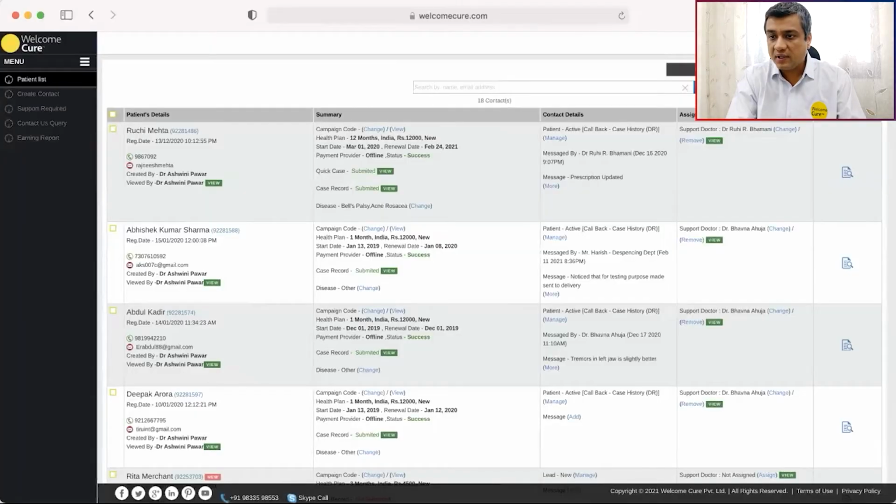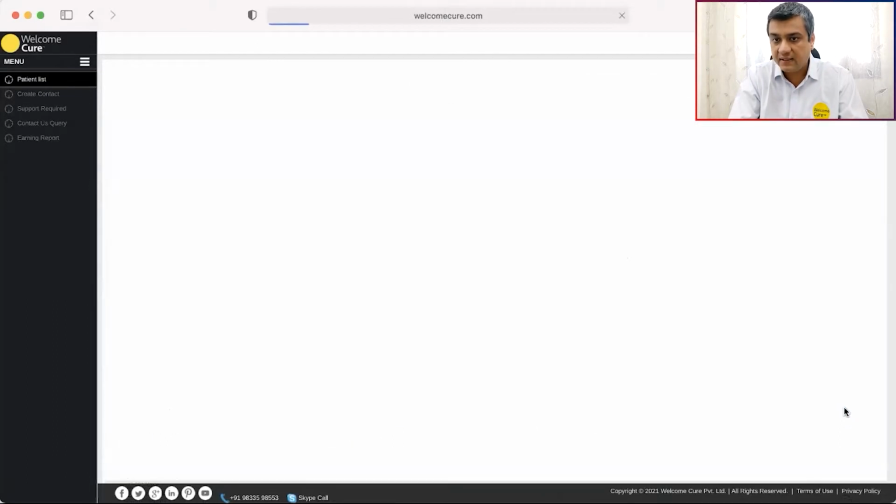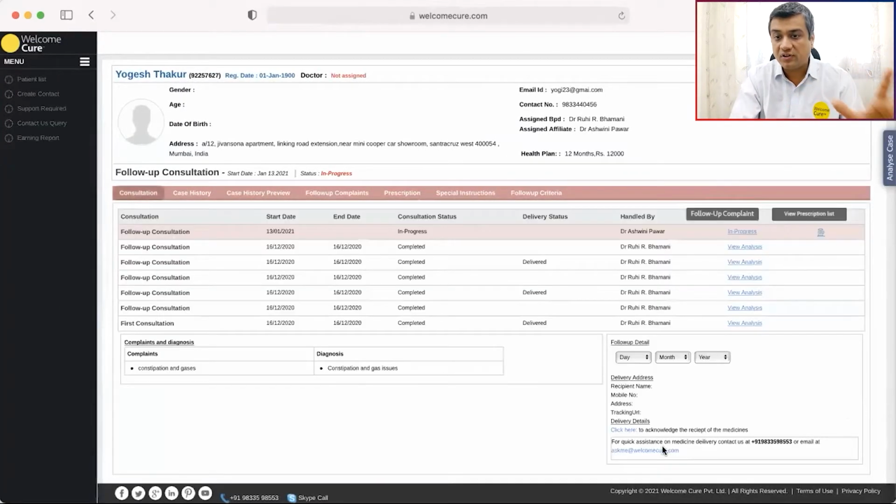So now, somebody is a paid patient. In this case, let's get into the patient Yogesh Thakuria. You click on this icon and you will now be able to do an ocean of functionalities, tons of functionalities in and around this patient.